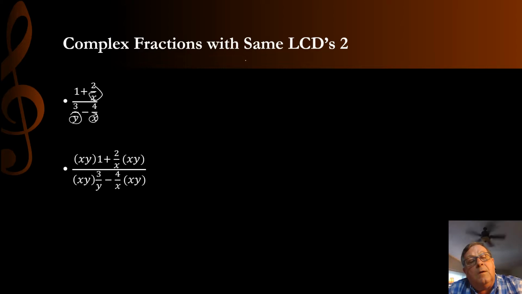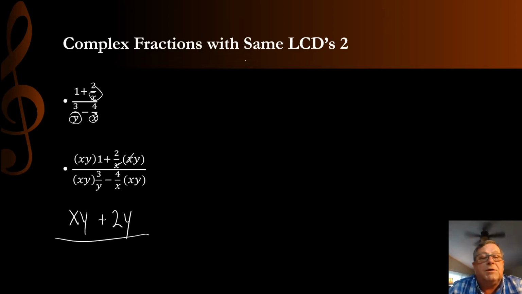Well, 1 times xy is just going to give us xy. I think we can all agree on that. And then we got 2 over x times xy. Well, my x and my x right here are going to cancel out, and that's going to leave us with plus 2y. And that's going to be our numerator of this complex fraction. And then in the denominator, we got xy times 3 over y. Well, my y's are going to cancel here, so then we're left with x times 3, or 3x,